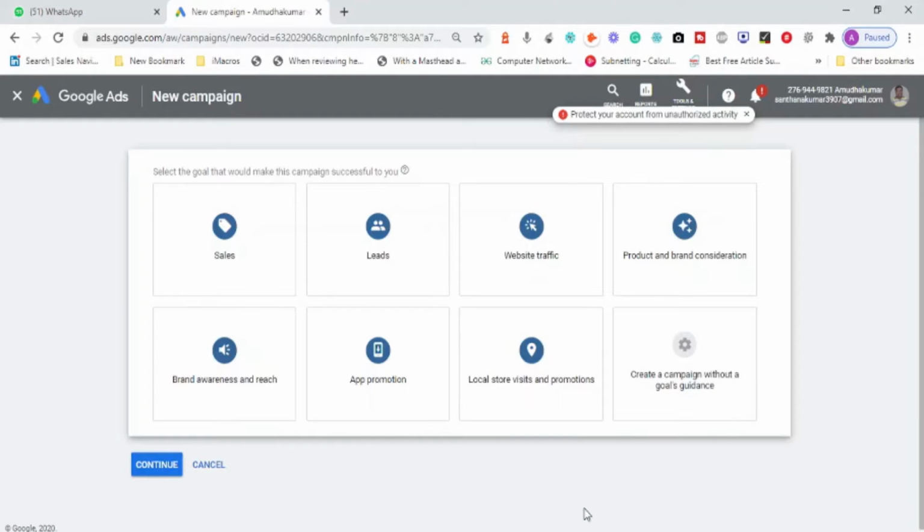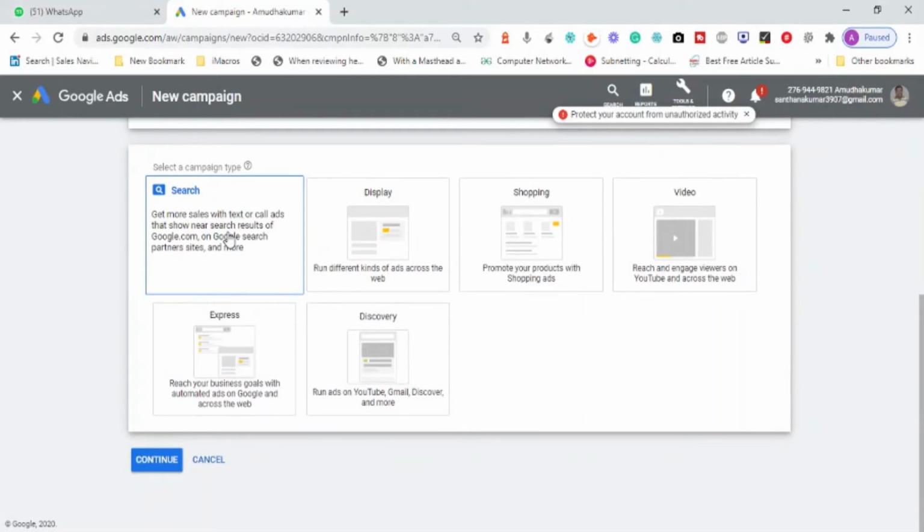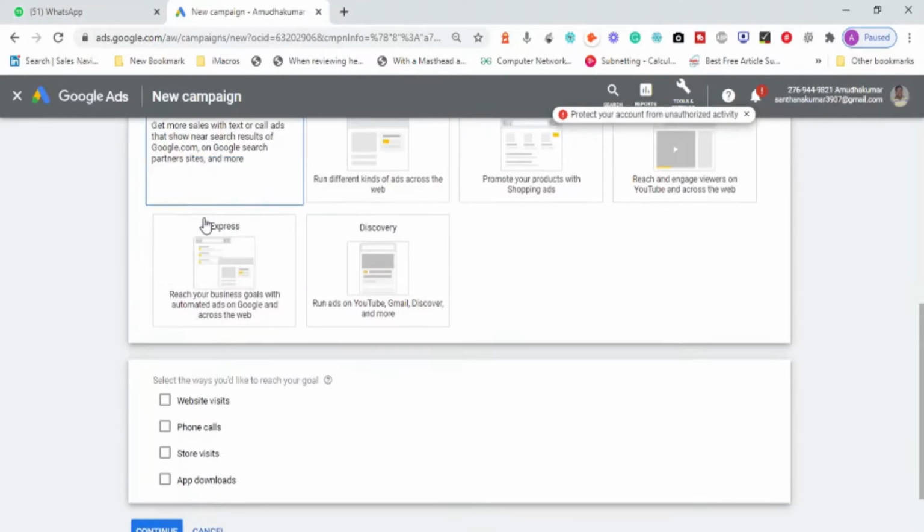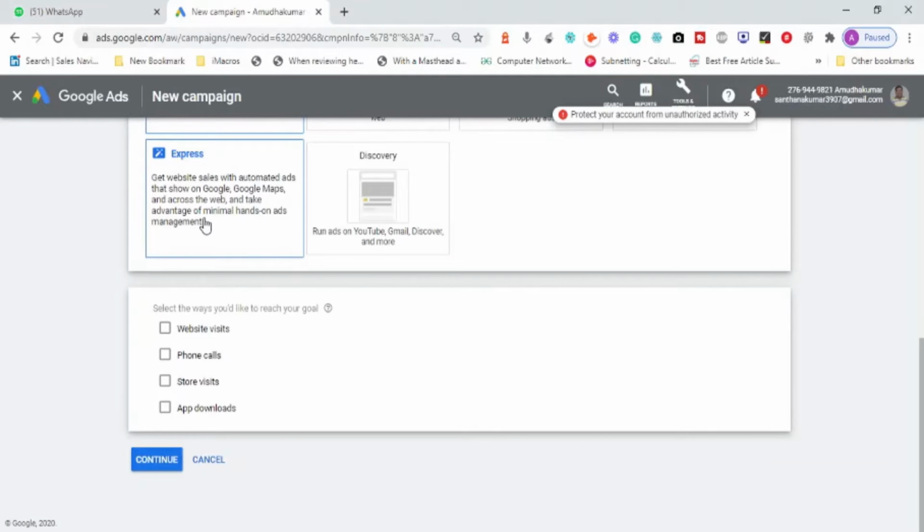Still loading. Okay, so the sales goal has a search network campaign, display network, shopping campaign, and a video campaign. Let us see if there is any other option that we can create. So under the sales category, we tried to create a search network campaign where we used the website visitors